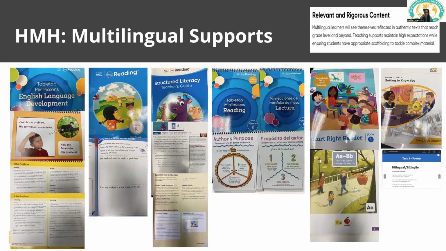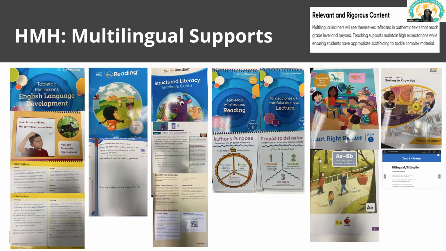develop that initial literacy. And then for HMH, they do have this English 3D and Language Launch. So there's English 3D for the upper grades, and that was designed for a pull-out class. However, for the lessons, you could actually pull lessons from there that tie into core and what they're learning, and use that as a way to support your multilingual learners.